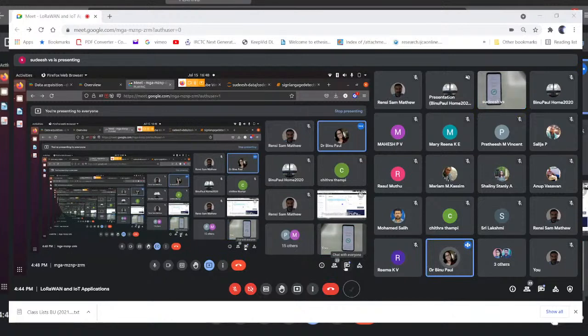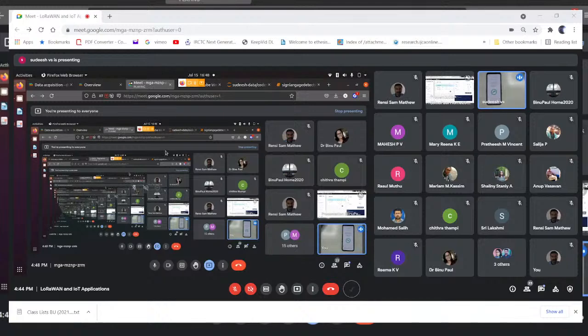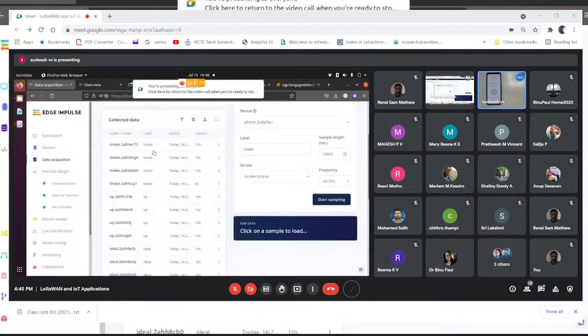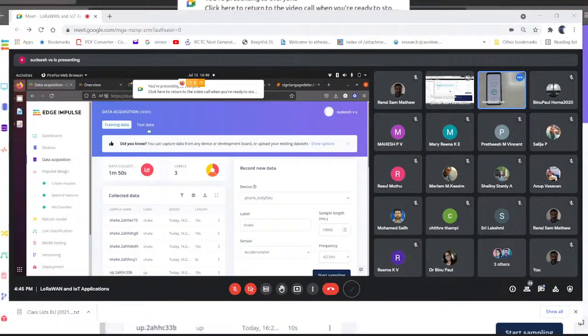Will this data set be catering to any public data set already available, whatever we collect now? You can use the public data set, but currently we need less data for the demo. So we can calculate it ourselves because it's only 16 data. You can also use publicly available accelerometer data if you have it with the same labels. You can upload it to the data acquisition area.